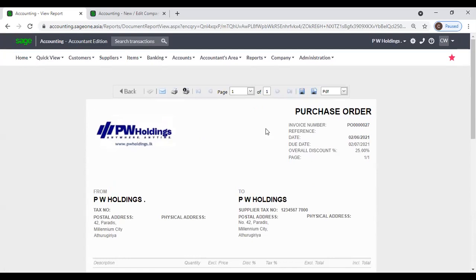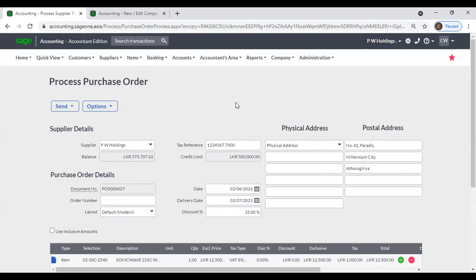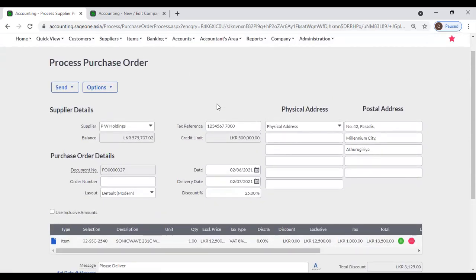And also from report layout designer you can design your purchase order. There are a few purchase order layouts available. You can select those layouts, and if you want you can modify that purchase order format. Right, next